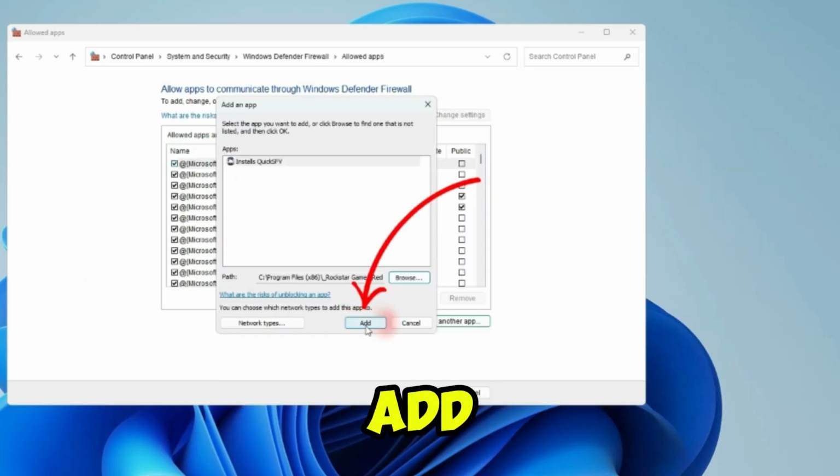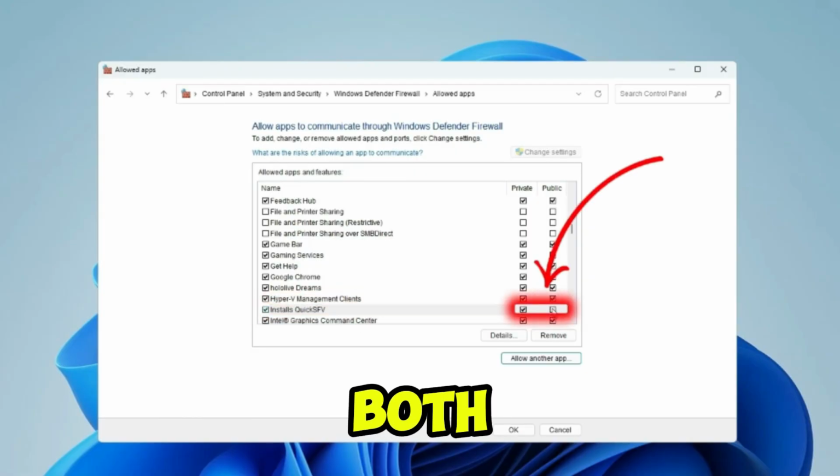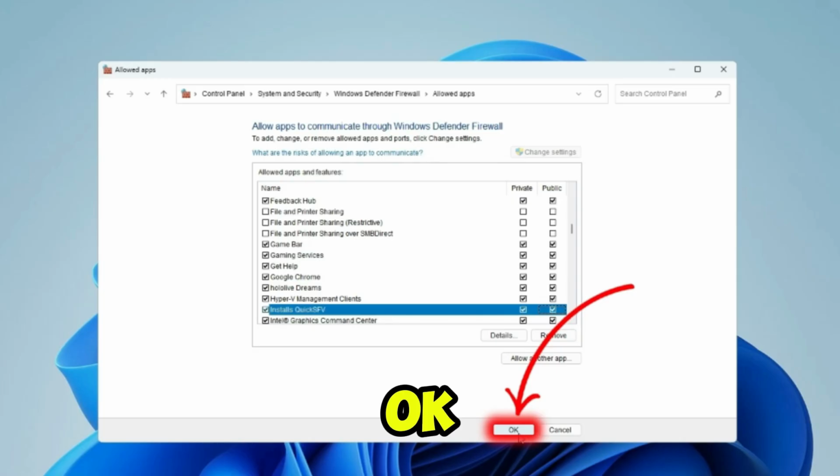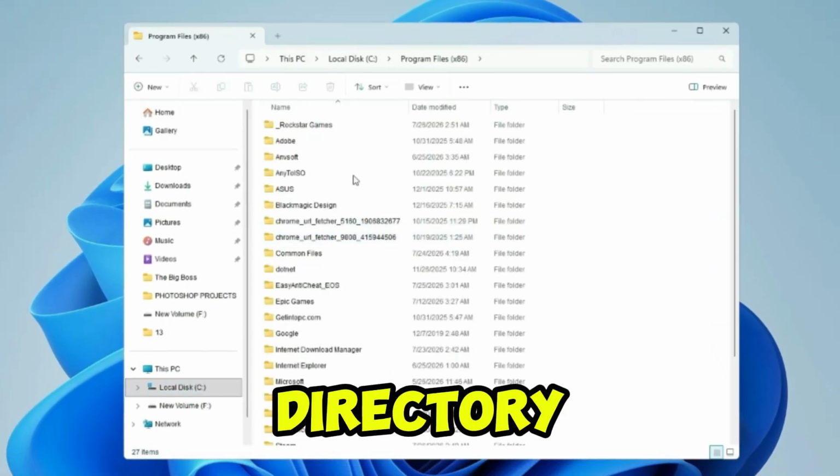Now click on Add. After this, from here find quicksfv, then check the box both for Private and Public, then click on OK. After this, close it and from your File Explorer again go to the game directory,